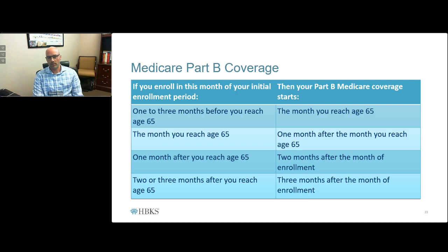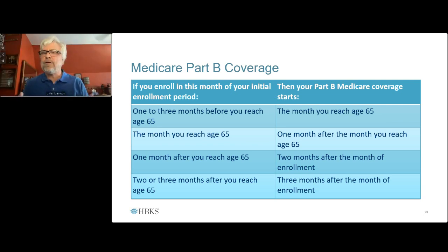And then, John, maybe you can speak a little bit about, they go back 2 years, right, to calculate this premium. So whatever your income is. Go ahead. Yeah, they look at the most recent income that is available, and that would traditionally be, with interfacing with the IRS, because Social Security gets the information based on tax returns from the IRS, and it's generally 2 years ago. The IRS was very behind on processing returns during COVID,